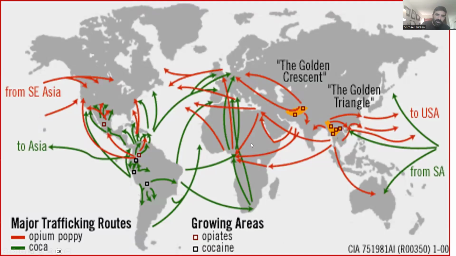And by the way, this is just showing the major trafficking routes of things like cocaine and heroin. So if you're interested in narcos and you're interested, for example, in the Cali cartel or the Sinaloa cartel in Mexico, we're going to be talking a lot about these different cartels from this part of the world. And by the way, while a lot of drugs did flow north to the United States, as I said, a lot of guns did flow down to the south. So we'll be talking a lot about that.